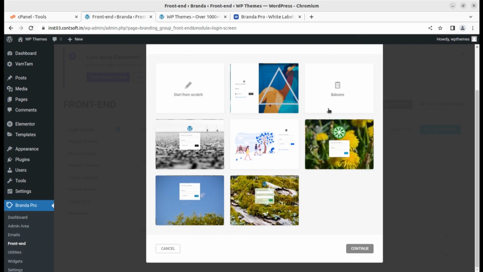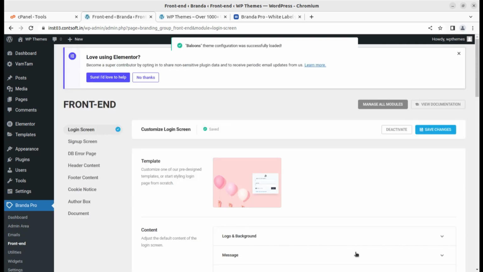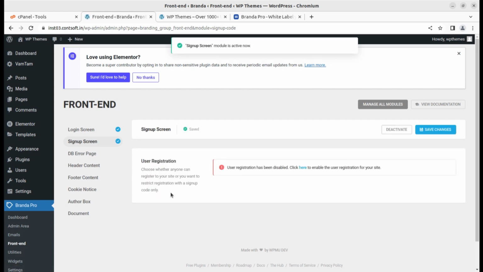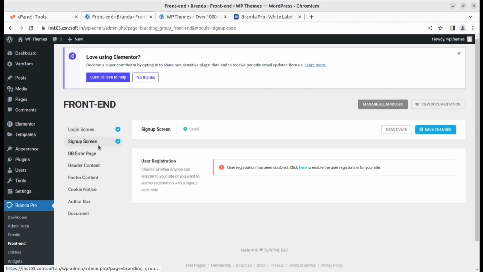I'll also show you the login screen at the last of the video, so we can continue with this and save the changes. So I changed the login screen. A DB error page like sign up screen, we can activate, and user registration has been disabled. Okay, we have to enable the user registration, so we can